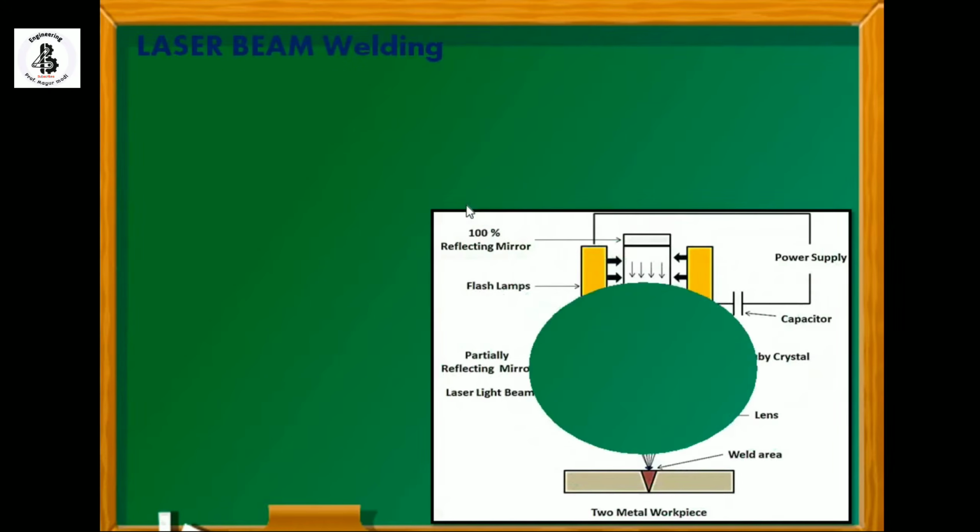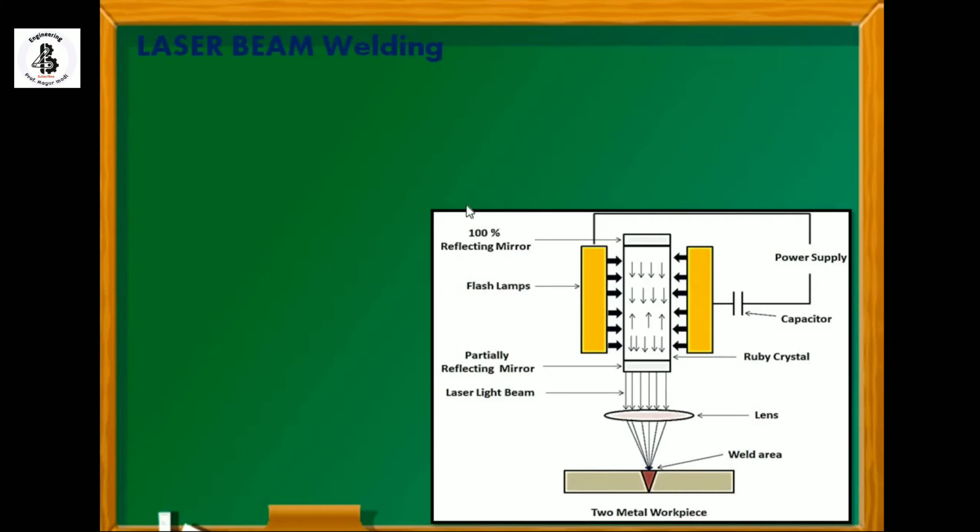In the basics of the laser, it can be formed with the help of either a solid state laser, a gaseous state laser, or a liquid state laser. Right now, you can see it is the category of solid state laser, because ruby crystals are being used for making the light source. These ruby crystals are surrounded by a flash lamp, and after passing a power supply and the capacitors, in between the ruby crystals and the